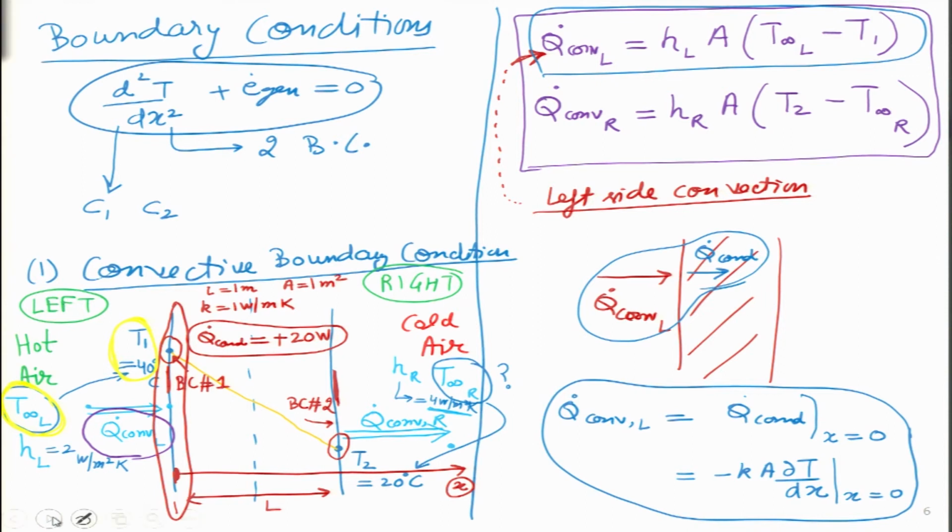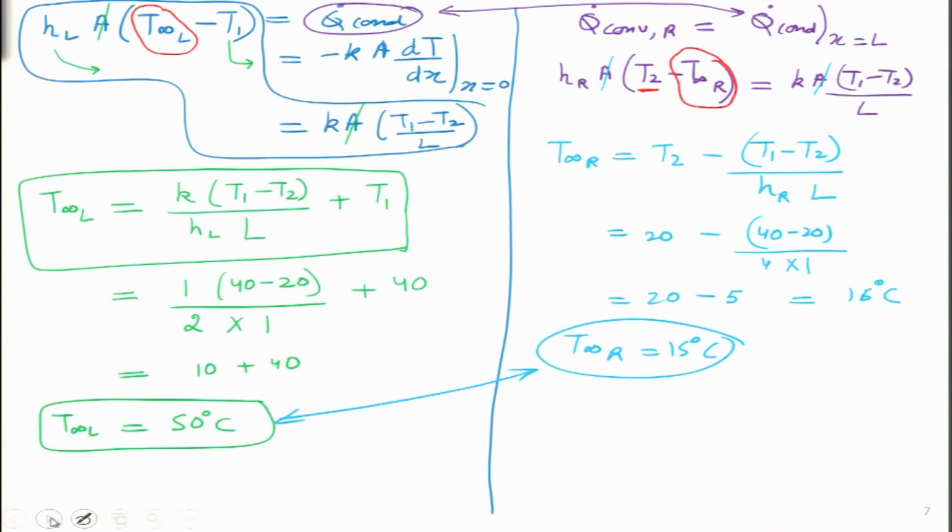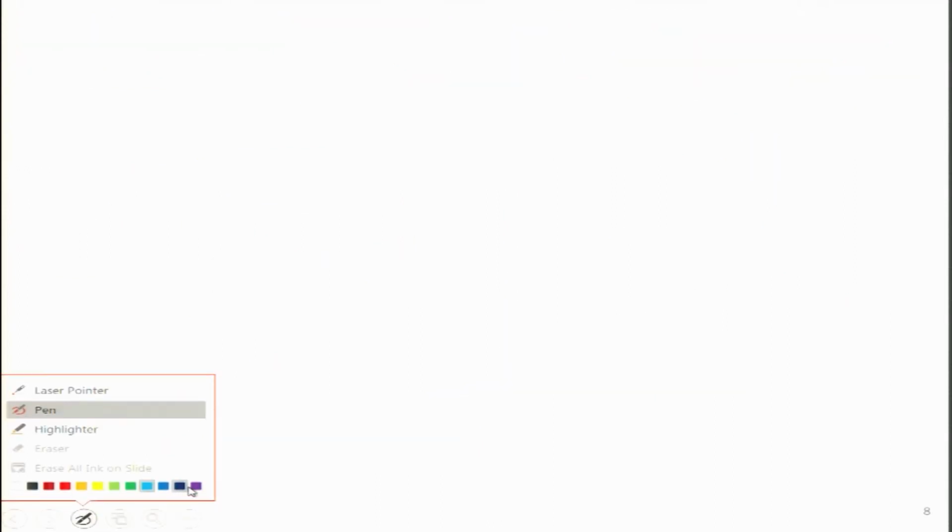Now, that brings me to a very interesting thing. I do not have space on this particular slide. So, these two numbers we will just memorize, that this is 50 degree and 15 degree, just for 1 minute, because I want to show graphically how it will actually look. So, in this particular case, let me draw some numbers: 0, 10, 20, 30, 40, 50 over here, 40 degree, 50 degree. So, we have 20 degree over here. Inside the wall we know that it is a straight line over here.